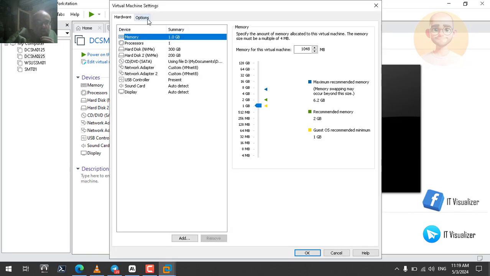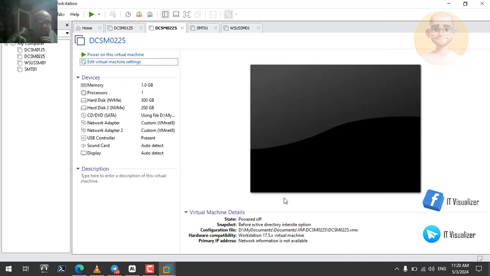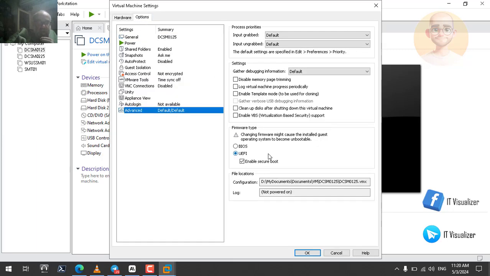We need to go to the options, and in advanced, make sure that you have UEFI firmware and enable secure boot. So you need to check this option before installing the operating system. Okay, so take care of that. As for our primary domain controller, if you go to the settings and see the options and advanced, secure boot